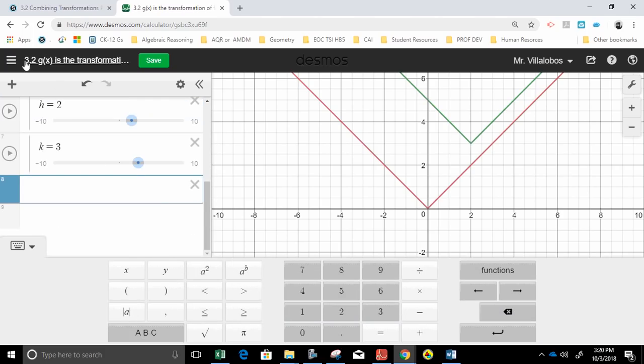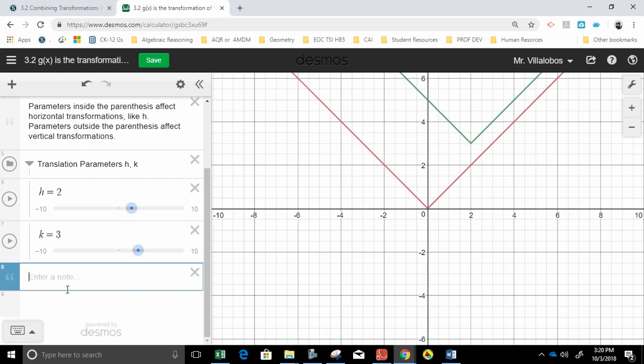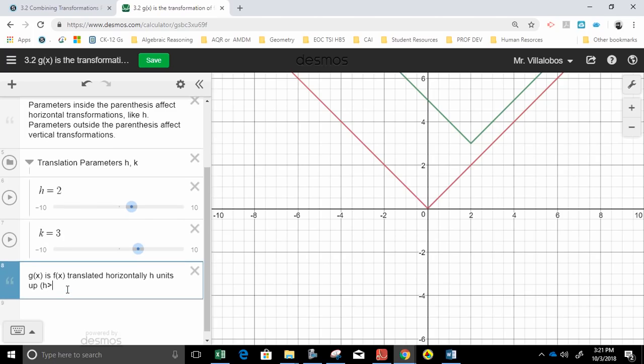Let's write that down in a general way. How would we write that in a general way? So this is how you would do this. G of x is f of x translated h units horizontally, h units which way? Right if h is greater than 0,